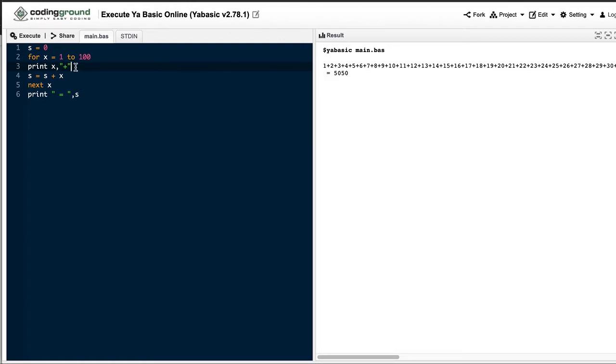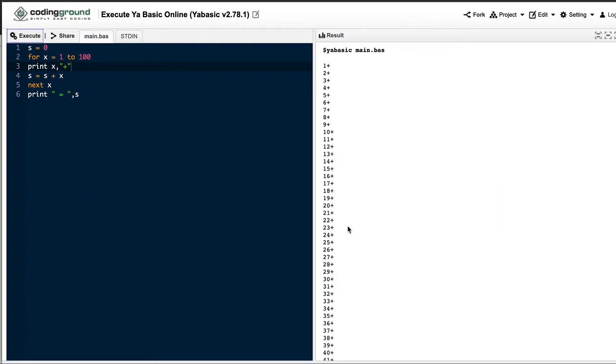All the time we wanted the semicolon. What was the reason? After a plus, the next number should come. Look over here where my cursor is. This two should come next to the plus, right? That was the reason. So all the time we wanted it. Only for the last one we don't want it. If you remove it for the whole loop, everything will be like this: 1 plus and then 2 plus and 3 plus. Did we want this? No. So you have to think it all through, all over, not just for the last one.